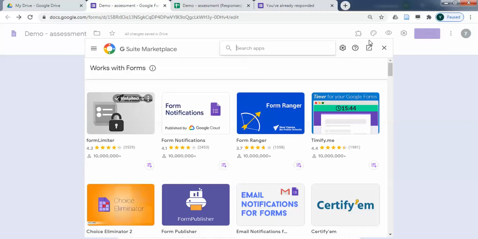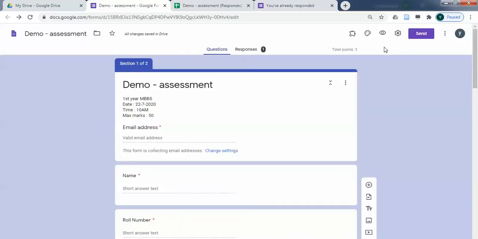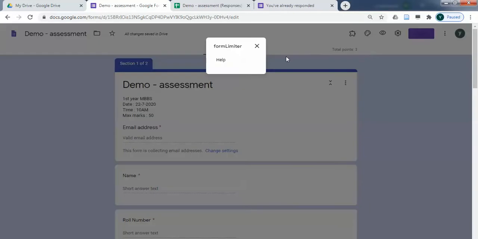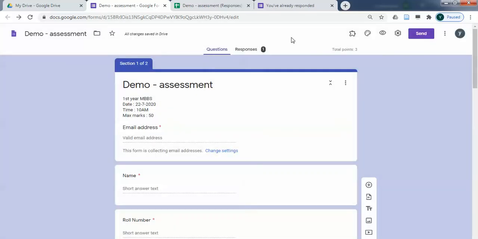Okay. So how do we use this form limiter? Once you install that, you will get this add-on icon. Click on that. Click on the form limiter. One small window will open here.